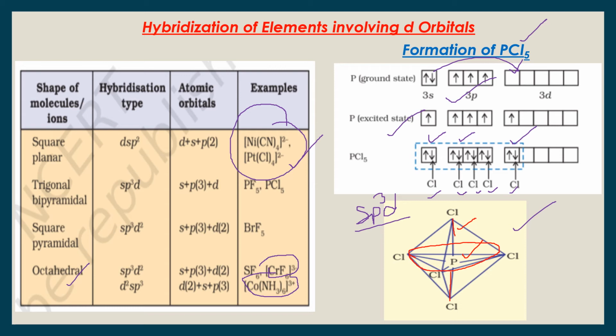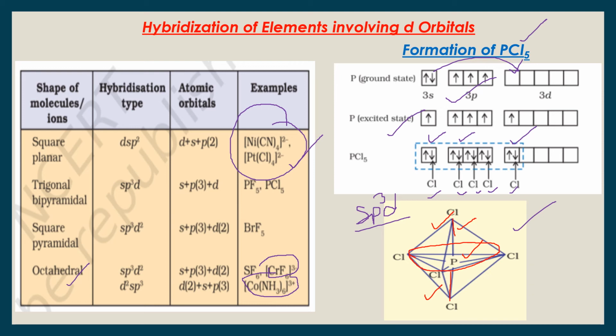Longer means weaker. Why longer? Because they are facing repulsion from 3 bonds at 90 degrees from them. So repulsion is more. But the one which is in equatorial position is getting repelled by 2 which are on the axis at 90 degrees and the remaining two at 120 degrees. So if you compare, the repulsions are lesser for equatorial. So that is a shorter and stronger bond.